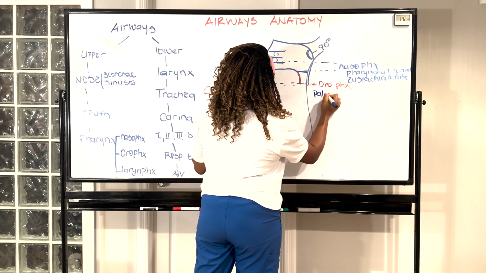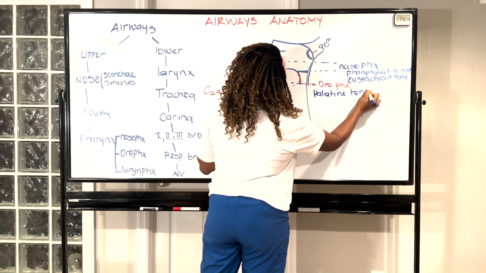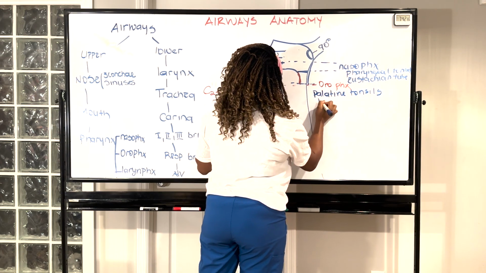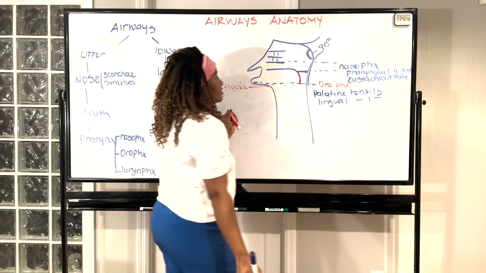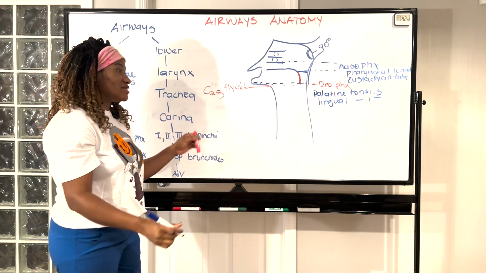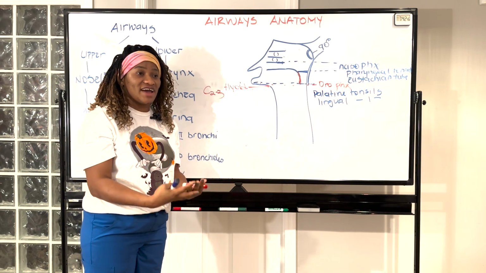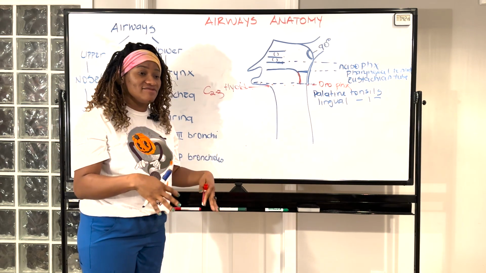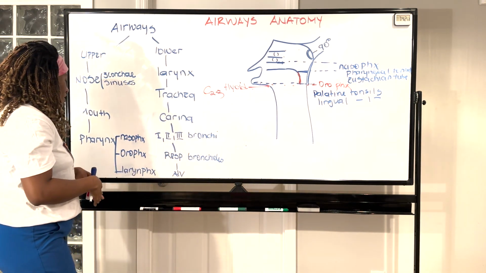So your oropharynx goes from your soft palate to your hyoid bone, the base of your tongue, and it contains the palatine tonsil and your lingual tonsil. So these palatine and lingual tonsils also help trap some of the germs and fight the infection before the air even gets into the lungs. So after the oropharynx, we have the